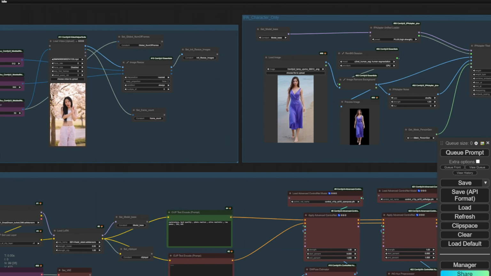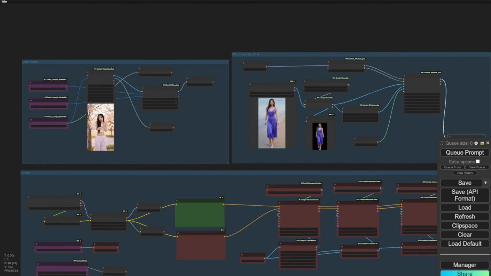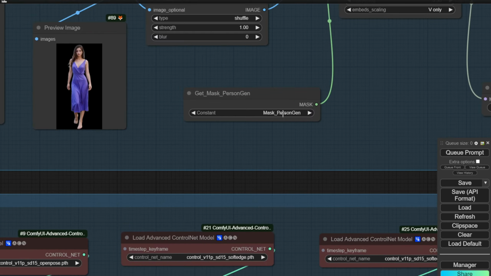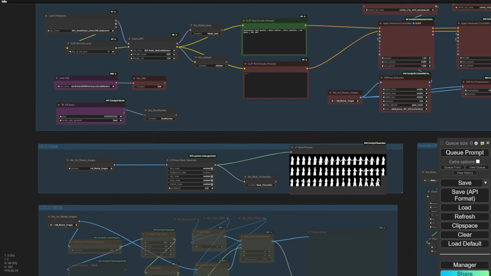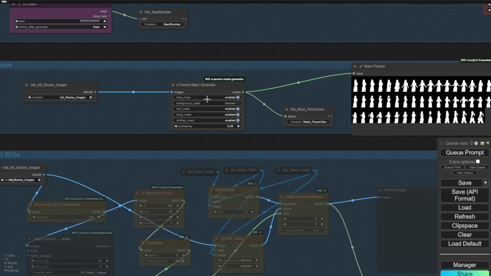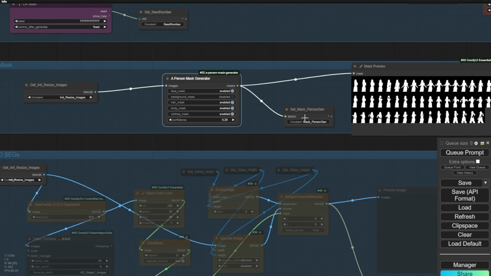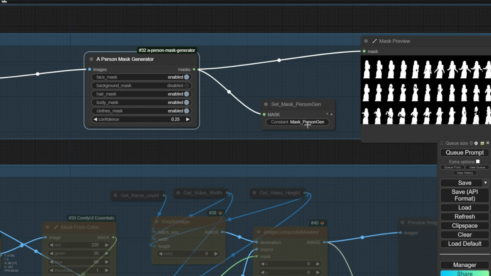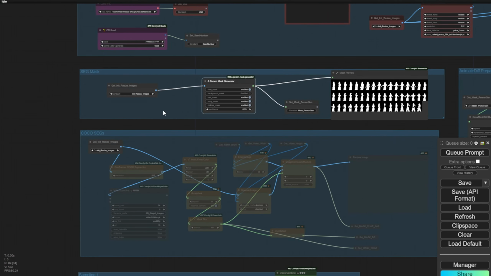Okay, so after I try that and implement everything, I'll check one more time. Remember, you have to select this mask for your IP adapter. So in this case, I've defined mask bots as person.gen that is related to this group. I'm using this person mask generator using this one.